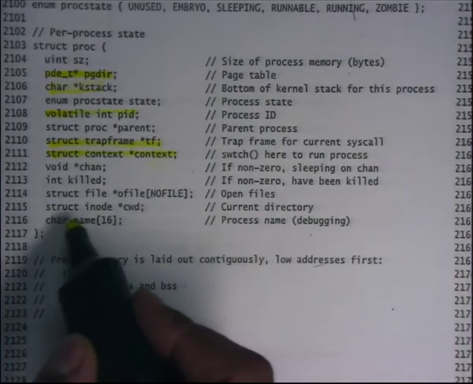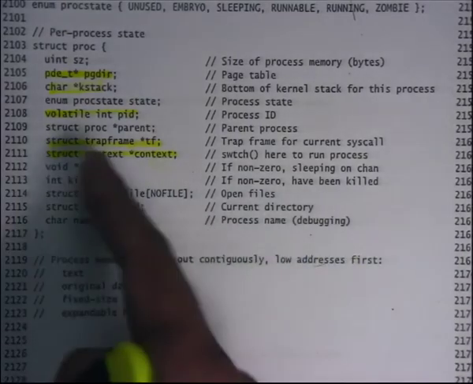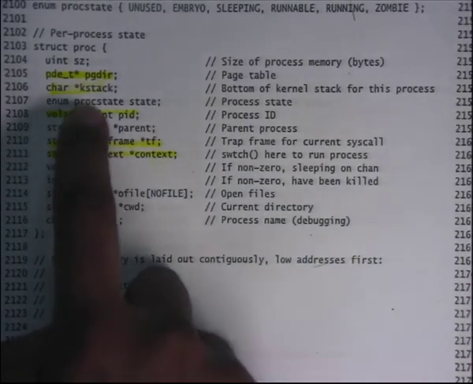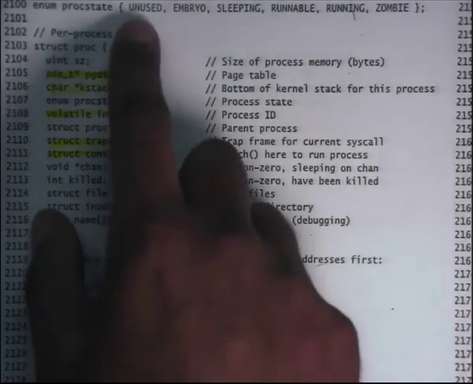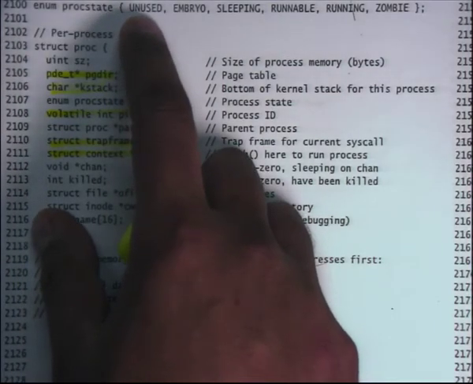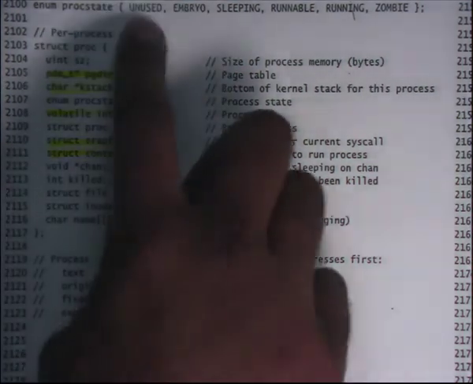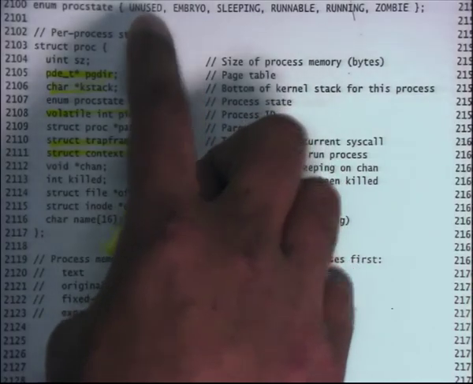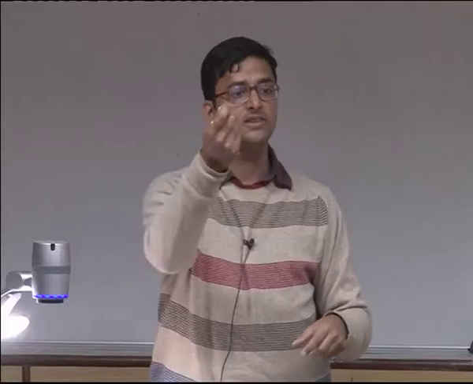All right, so those are the relevant fields so far, but let's look at the other fields. Let's say state. A process also has a state, which basically says whether it's used or unused. So this is just to say whether a process exists or not, right? If you're not implementing the list of PCBs as a list, but you are implementing it as an array, then you can just have this bit saying this PCB is not used, which means it's not even allocated.